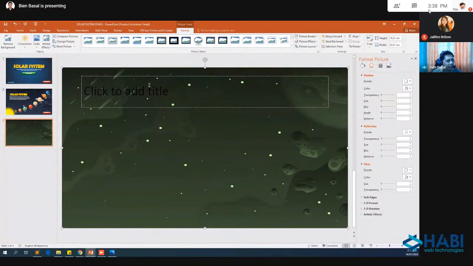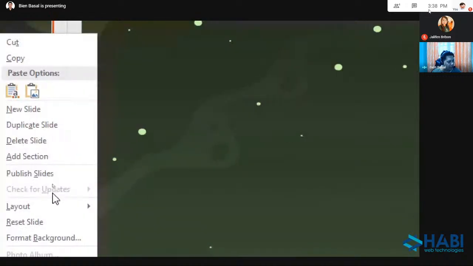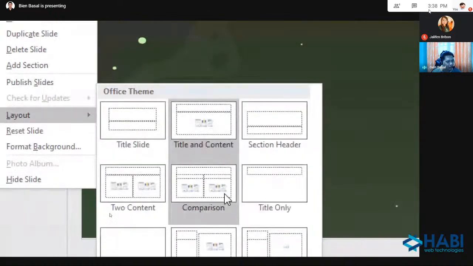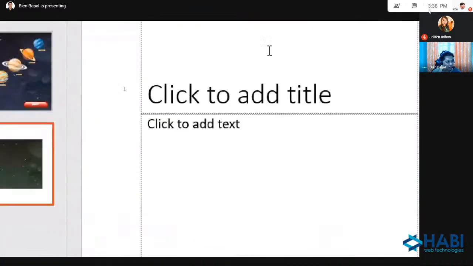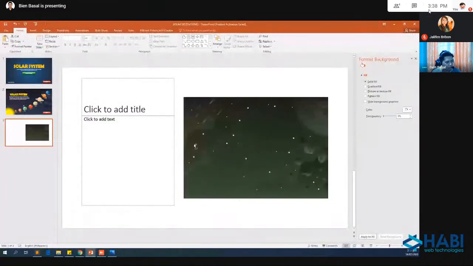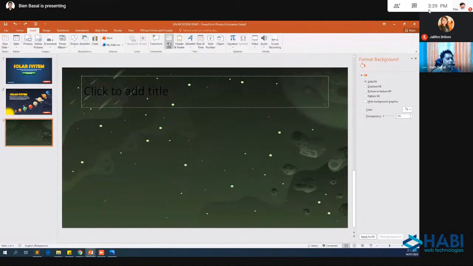And I will change the layout because I'm using here one title. I will right-click here and I will adjust the layout because I want to use this one, content with caption. Aha. So nagre-reset po siya. So if that's the case, we will just draw manually.